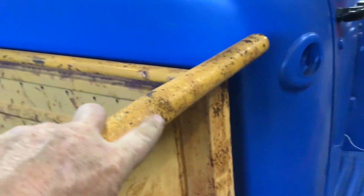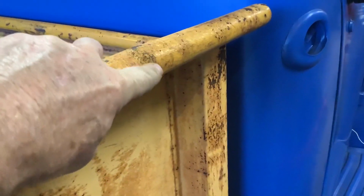I started working on trying to get these out. I got this one out pretty well. I used a stud gun maybe to pull a little bit of this more out. So one big problem is